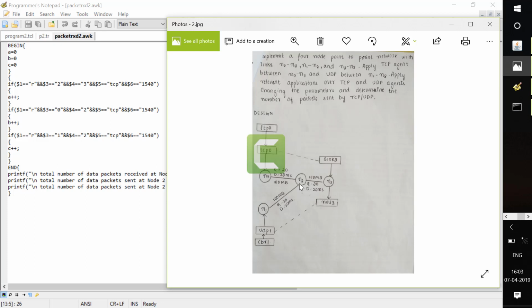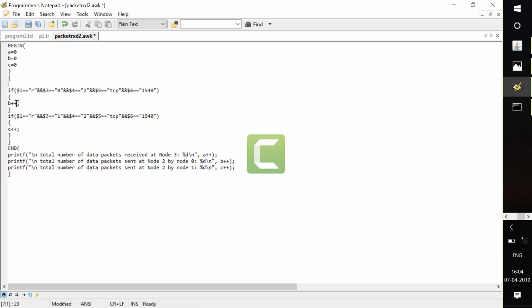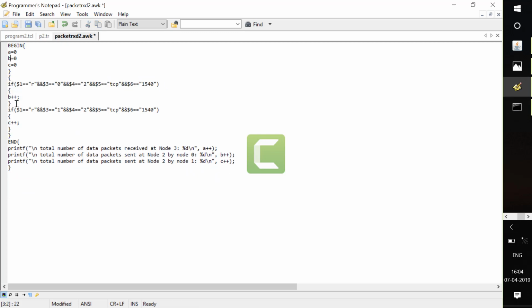So I will assign the third column here, third column 0 and 2, means it is between N0 to N2, whatever packets are sent, those packets are sent to the destination. And here TCP is there, TCP is used, and the packet size. So this is the correct one. Next here, I need not use this one because we will remove this, because we need to calculate the number of sent packets only.